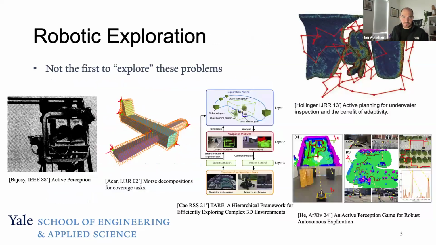So my group is not the first to explore these problems. This sort of started back in the 80s with this idea of active perception. And then later on, we started thinking of this more for coverage problems, specifically doing coverage for inspection on objects. And then more recently, we had quite a bit of work where we started thinking of more hierarchical methods to do exploration and mapping, where we discretize your space in different fidelities, so high and low fidelity, and then we